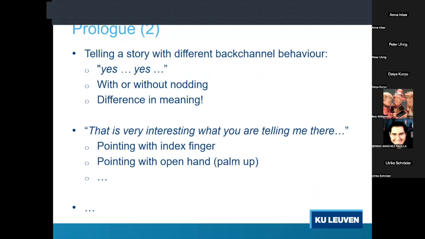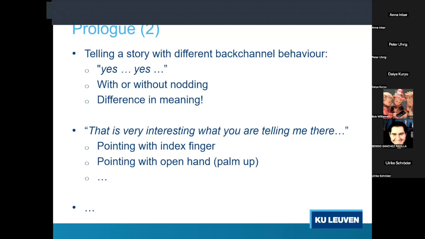So if I would be talking to you and you would only go like yes, yes, yes, yes, I would feel very uncomfortable, because what I would like to see also is that you would use the same particles, yes, but also do the nodding. If you go like yes, yes, then I get a positive back channel signal. And just to show you, it's in a very simple word where you almost get opposite meanings, but you have to take into account the gesture, in this case, the nodding.